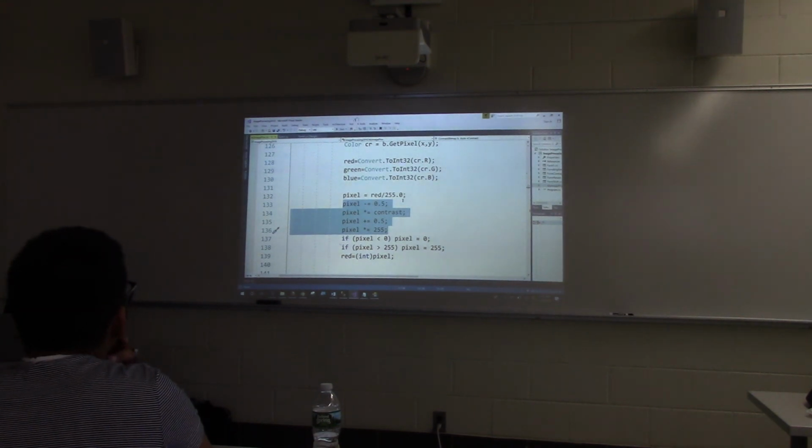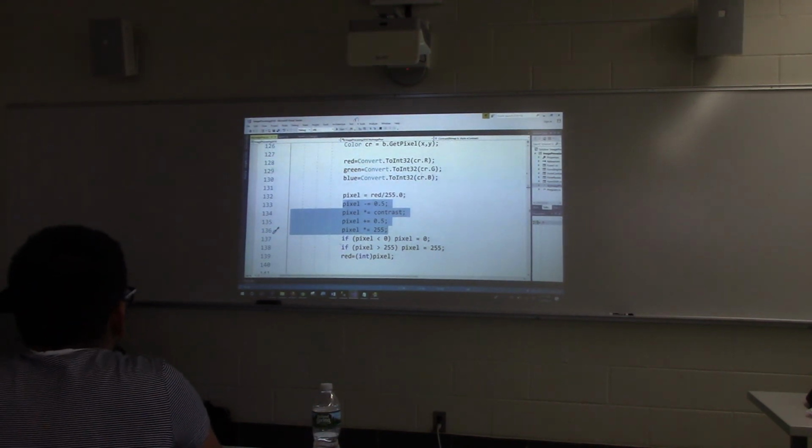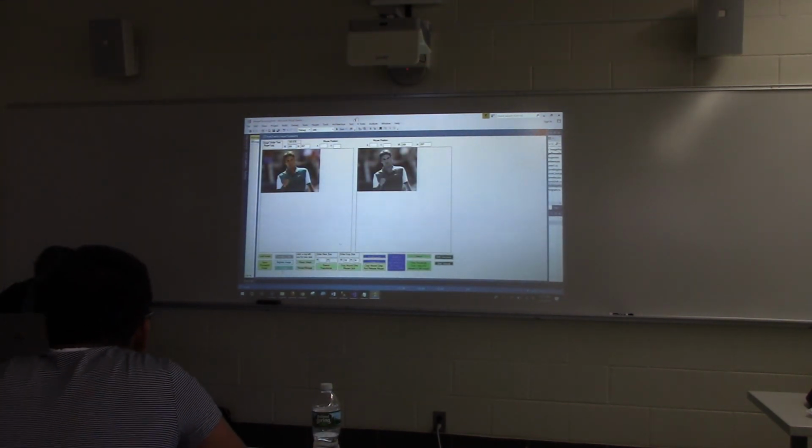Just go through the simple code over here, and essentially, like I said, if the pixel value is above the midpoint, it will make it even higher. If the pixel value is below the midpoint, it'll try to make it lower. Experiment with this, and the net effect you can see is, if I go to the contrast, the third button, and pick, let's say, 30, you can see what it tries to do. If I pick -30,